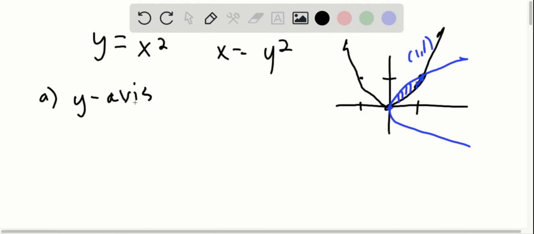And then we're going to go around x equals 1. So the y-axis to begin with, and here's our y-axis. So this region is going to